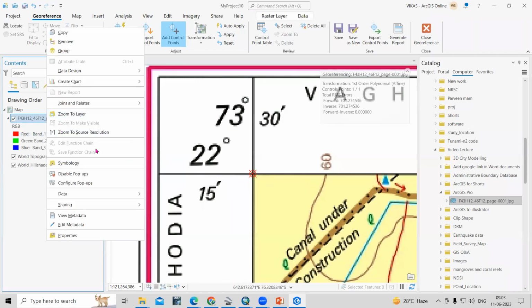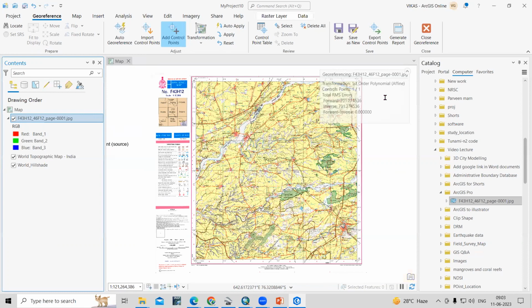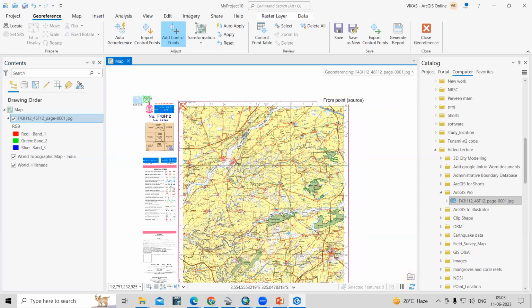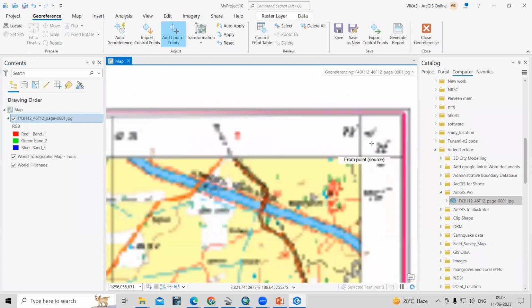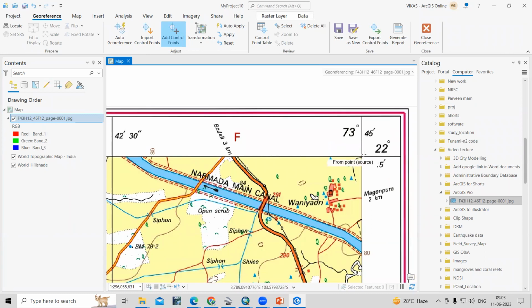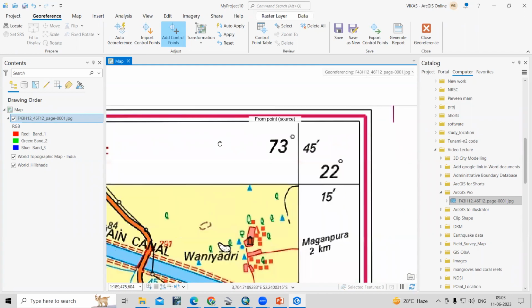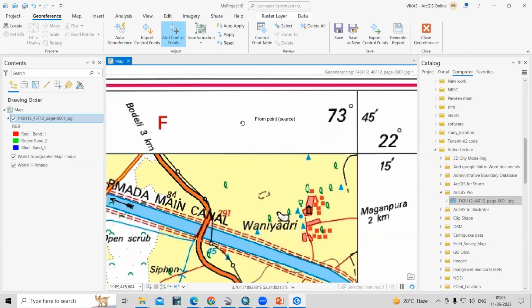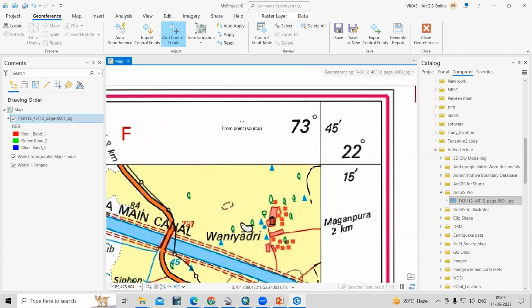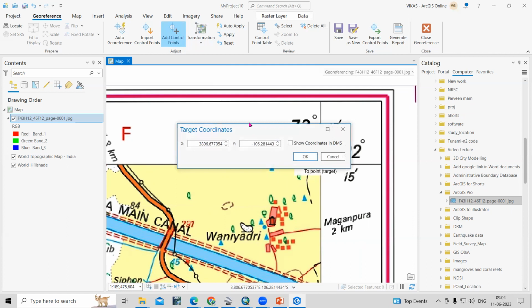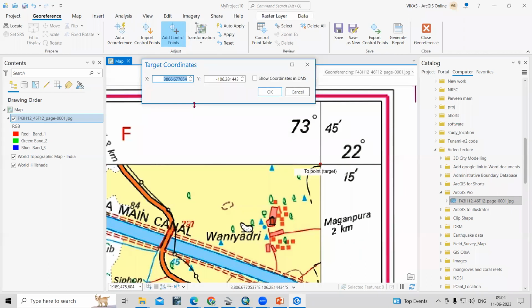Again I will just right click, then zoom to layer. Okay, so I can just minimize this, and this is the second location where we can add another coordinate. So you can use your scroll to zoom in or zoom out, and if you press the scroll, then pan will come. You can move your map to any desired location. Once you release your scroll, then again this add control point option will come. Okay, so we have to take this add control point, then first left click and then right click, and again we need to add coordinate here, like